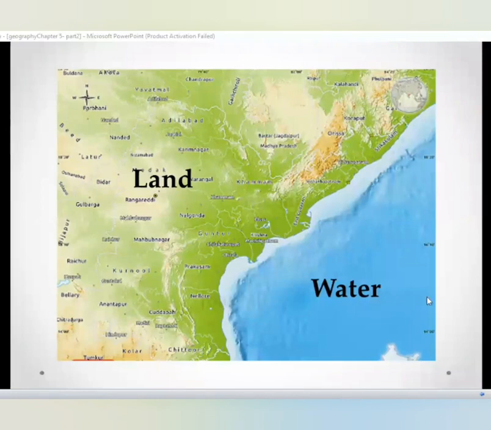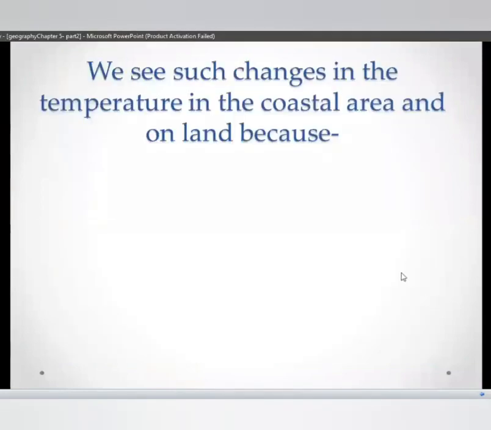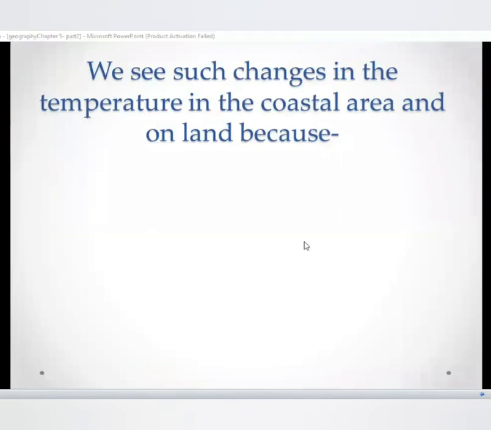Now, why does this happen? Here we see such changes in the temperature in the coastal area and on land because, understand carefully, because